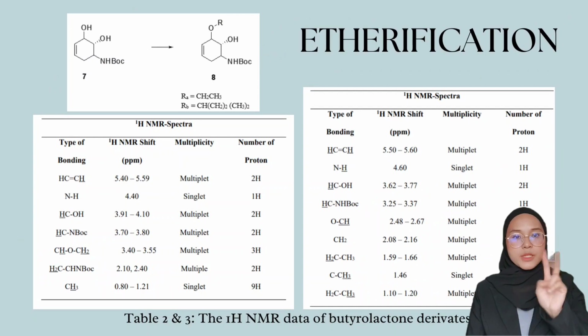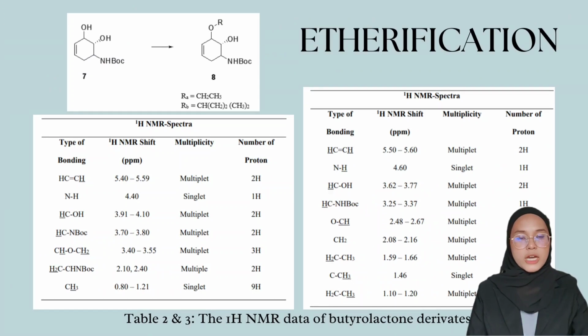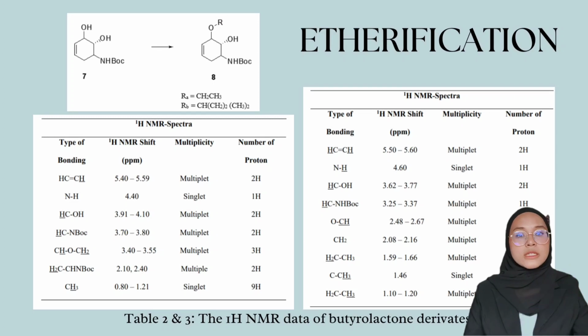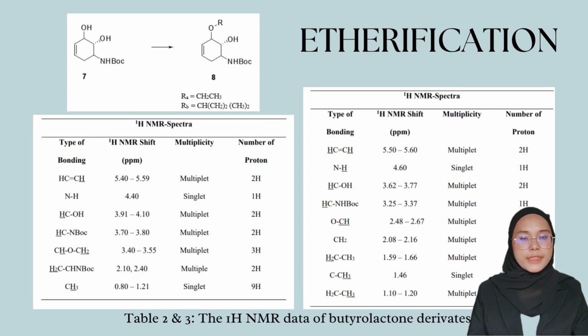There are two types of solvent used, which are dry ethanol and 3-pentanol, which produce two different products. The boron trifluoride etherate acts as a Lewis acid catalyst. The table shows the 1H-NMR result for the esterification reaction. Besides the protons attached to the carbon-carbon double bond, the proton attached to the nitrogen also appears in the downfield region as nitrogen is an electronegative atom.